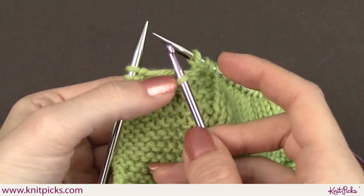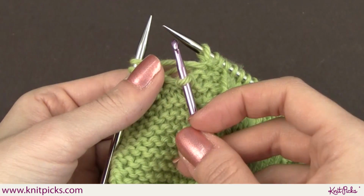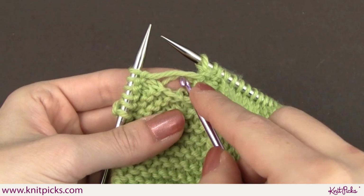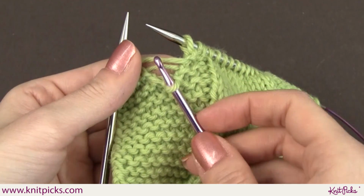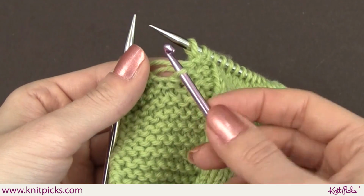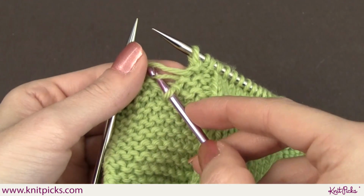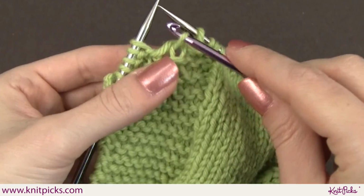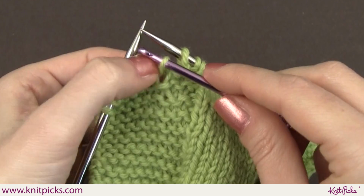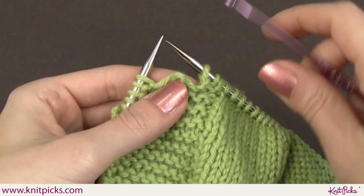And now my crochet hook is inserted in my stitch as if I'm going from front to back, and my ladder is behind my stitch here, so it's actually all set up to go pick up that next ladder as if you were working from a knit row. So I'm going to grab that bar, and then you just pull it towards you. So now that I've worked as if I had a knit side stitch, I'm going to alternate back to the